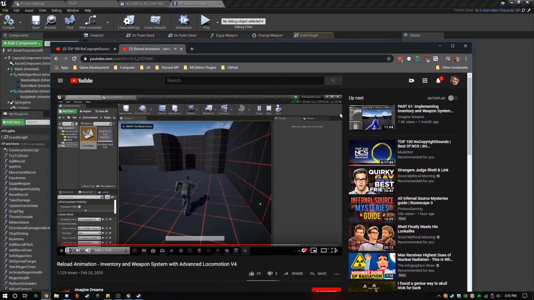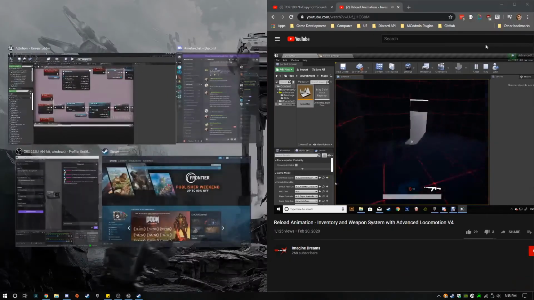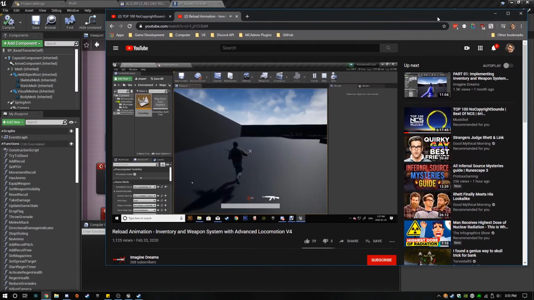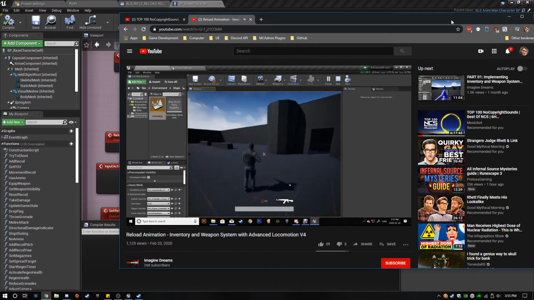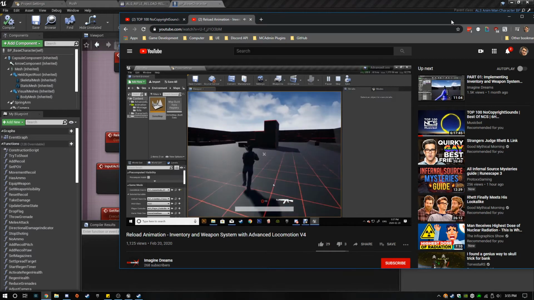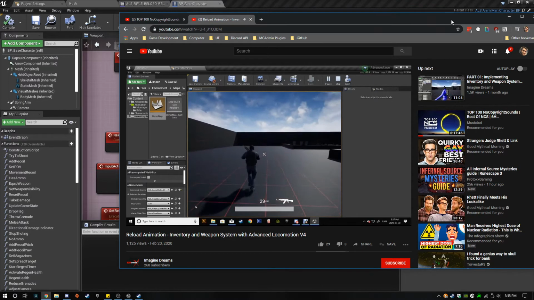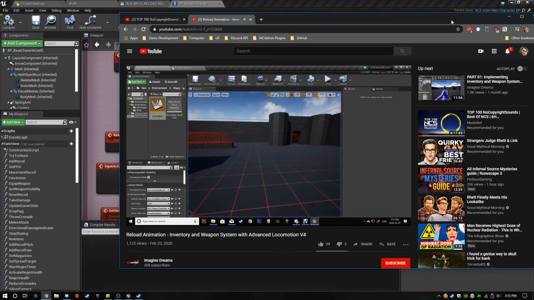I'll show you something else we have to fix. When I reload, the animation will play, but the hand will be stuck to the weapon. That's because of the hand IK, as you can see. Not sure if you know how to fix that. That's what we're having here, so let's see how he fixes this, and I'll show you how to do it. If you find a better way, please share. I would like to know if there is a better way. I'm sure there is something with curves, but I just don't know how.